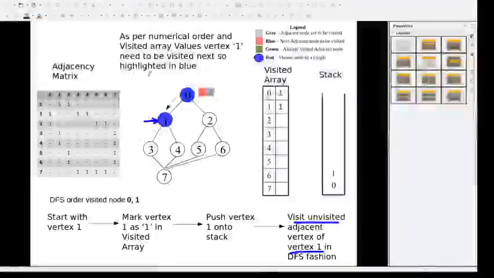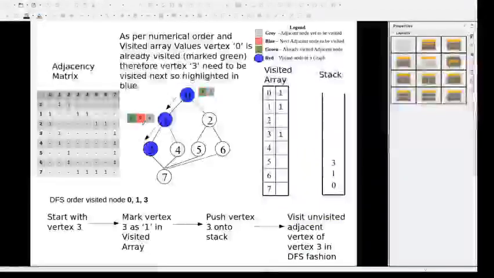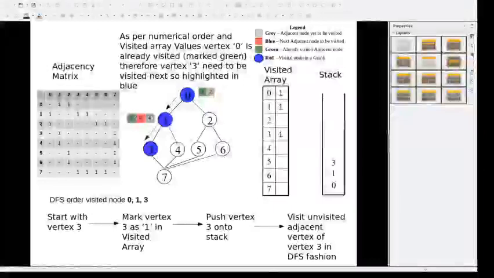Are you getting this one? And therefore the next step should be like this. The next vertex I am going to visit will be 3, because this is an undirected graph, and therefore the adjacent vertices for vertex 1 will be 0, 3 and 4. As per the numeric order, we go with 0, but we know that 0 is already visited. If you see, 0 is marked as a green